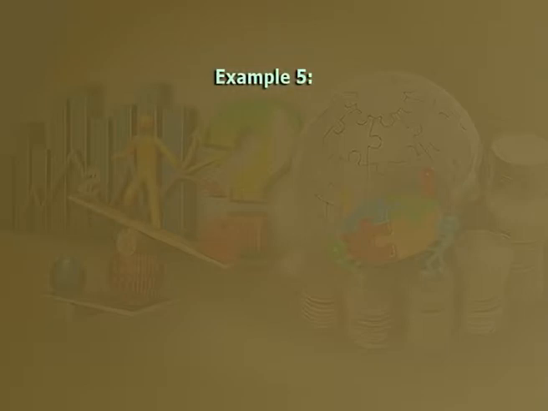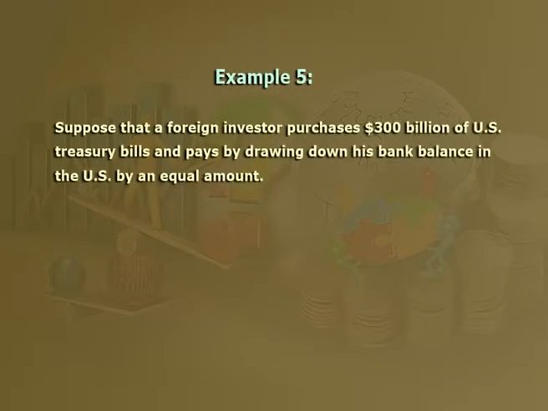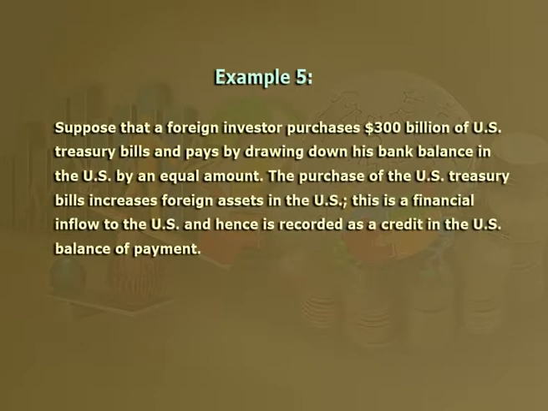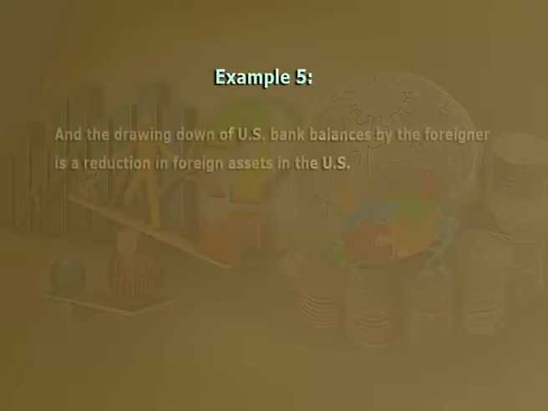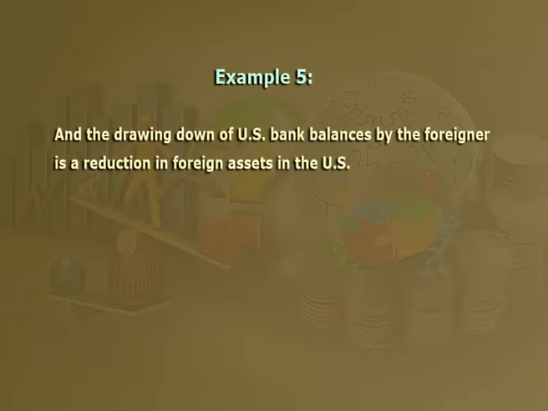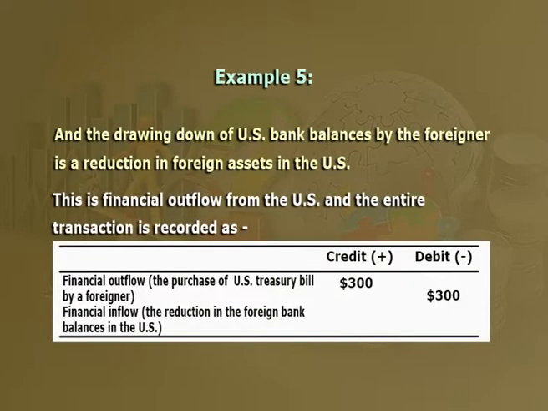Taking the fifth example, suppose that a foreign investor purchases $300 billion of US Treasury bills and pays by drawing down his bank balance in the US by an equal amount. The purchase of the US Treasury bills increases foreign assets in the US. This is a financial inflow to the US and hence is recorded as a credit in the US balance of payments. And the drawing down of US bank balances by the foreigners is a reduction in foreign assets in the US. This is a financial outflow from the US and the entire transaction is recorded as